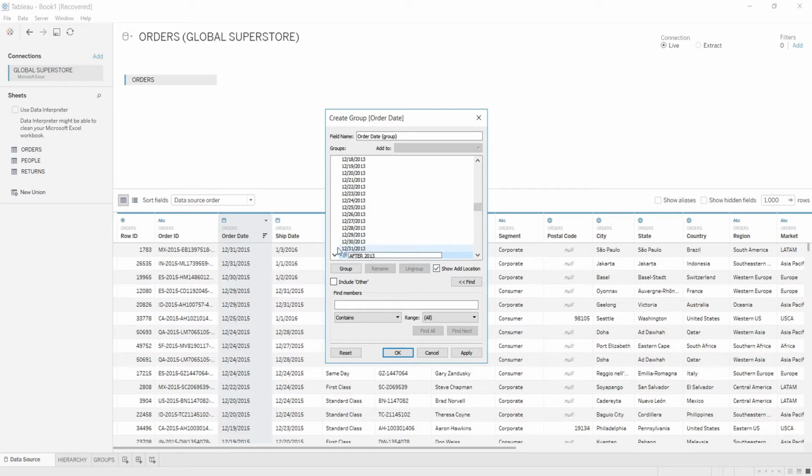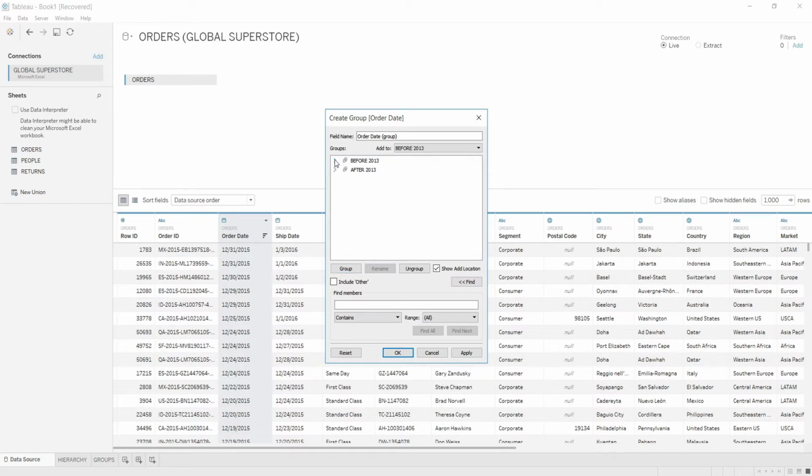Further, we need to click anywhere outside and the group will be created. By dragging down, we can see that it has all the values after 2013, that is 2014 and 15. Further, we click on this button and they will be drilled together. Next, we need to add the rest of the values to another group. For that, I go to the first value and select up to the last value, but not the other group. After selecting them, we click on group and give them a name, that is before 2013, and then click anywhere on the sheet.